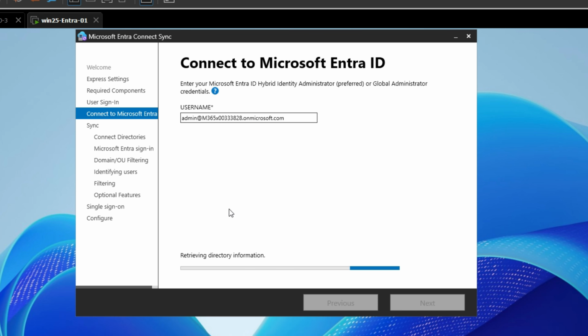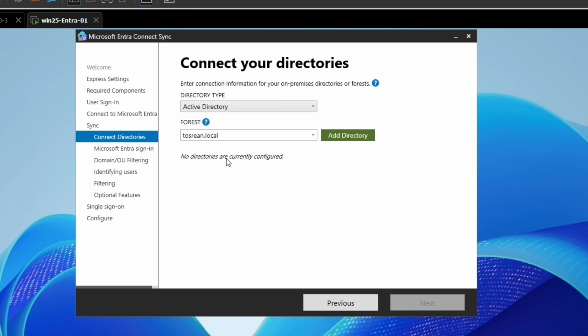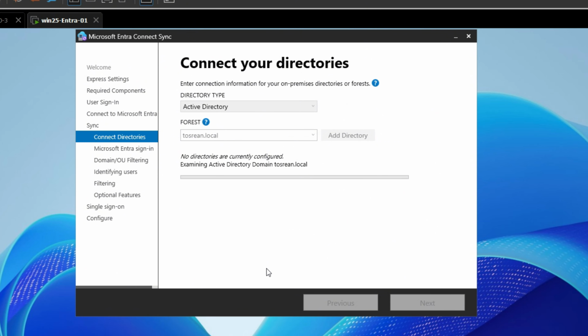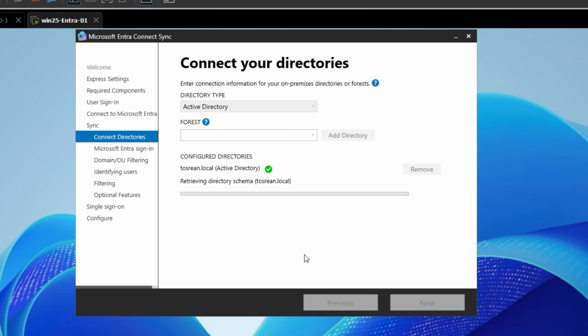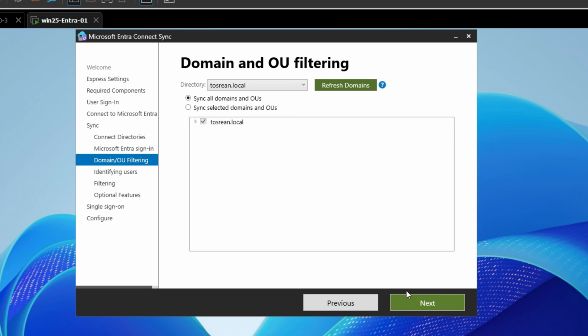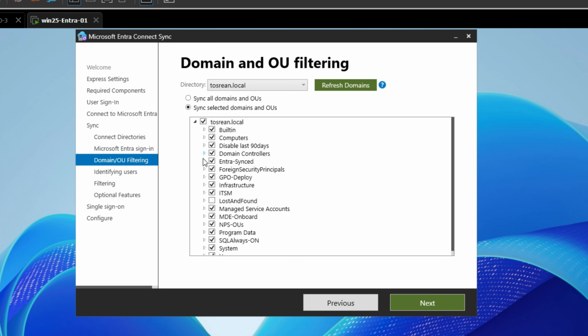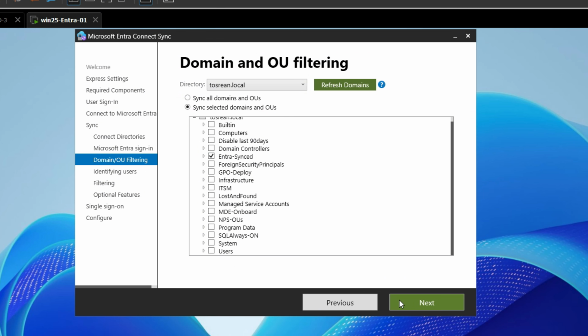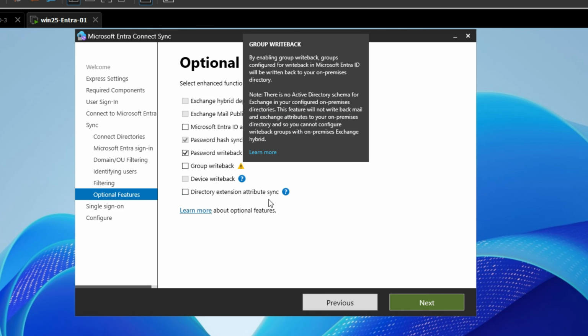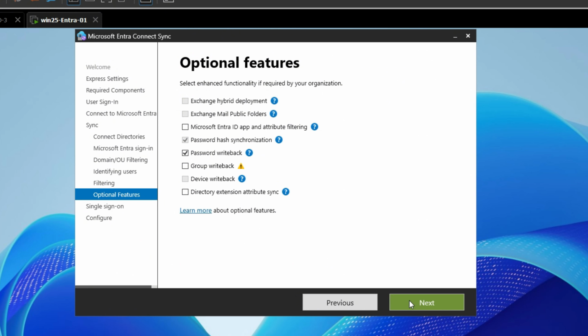So when it's done, you will see another screen where it requires you to input the on-premise credential. Once you're done, click on OK and then click on Next. Under the Microsoft Entra sign-in configuration, you can click on Continue. Under the domain and OU filtering, you can select the desired OU we created before. Inside the OU are some objects which we want to send from on-premise to the cloud. In the optional features, you can select password hash or group writeback as well, and then you can click